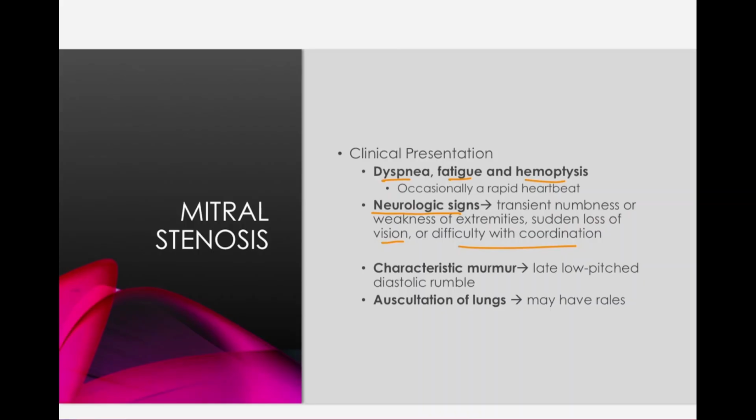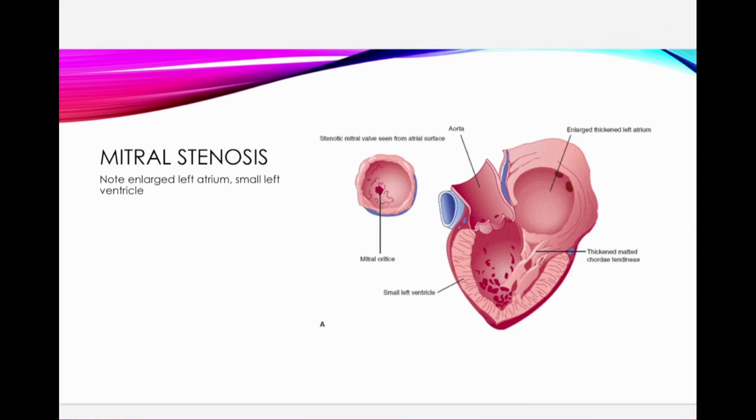Characteristic murmur: late, low-pitched diastolic rumble. Why is this a diastolic murmur? The mitral valve is open during diastole, so that's when blood is going to flow across it. Only during diastole, because that's when we fill. So the mitral valve is only open during diastole, and you'll only hear the murmur during diastole. Okay, auscultation of lungs, they may have some rales as well due to backup of blood,